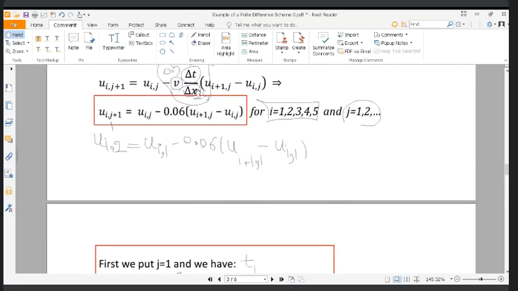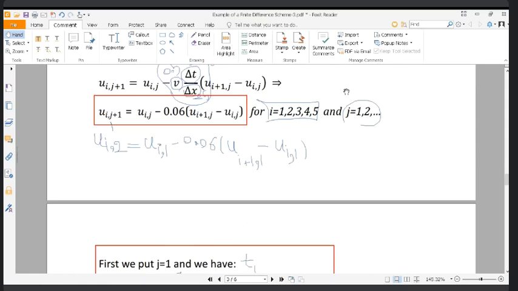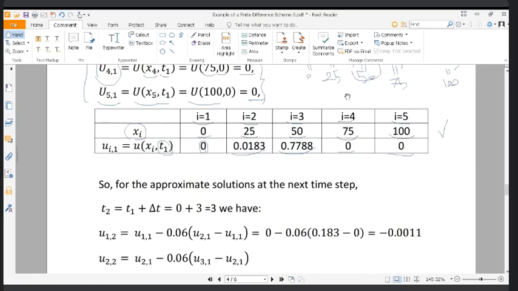But equation 3 is for every j. Please pay attention: u of i and j plus 1 equal to u of i and j and so on. It can be used for every time step. For the next time, for the approximate solution at the next time step, we have T2 equal to T1 plus delta T. T1 is 0, delta T is 3, and the next step T2 is 3. When we write equation 3, we have